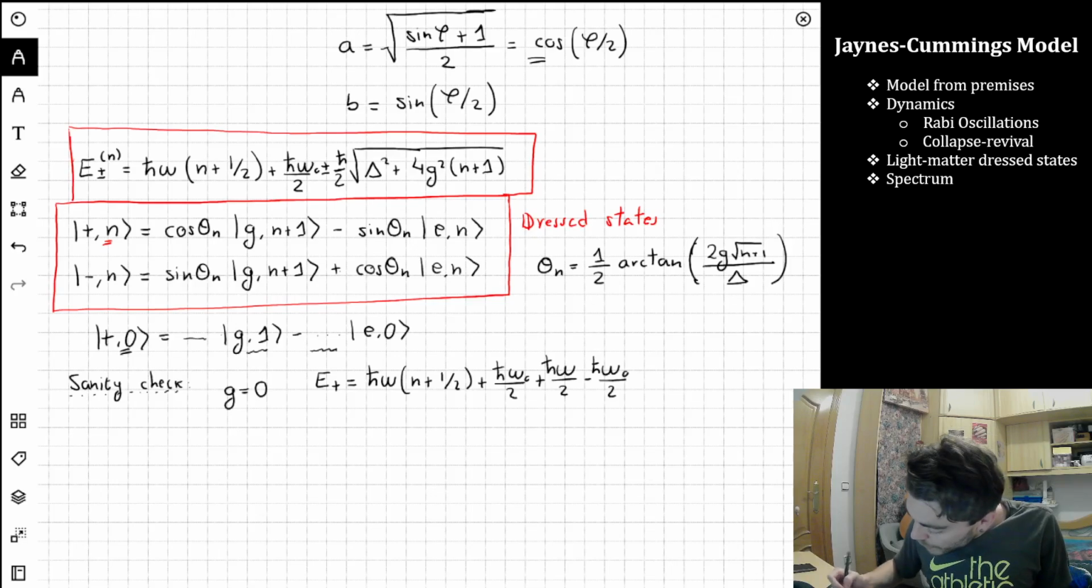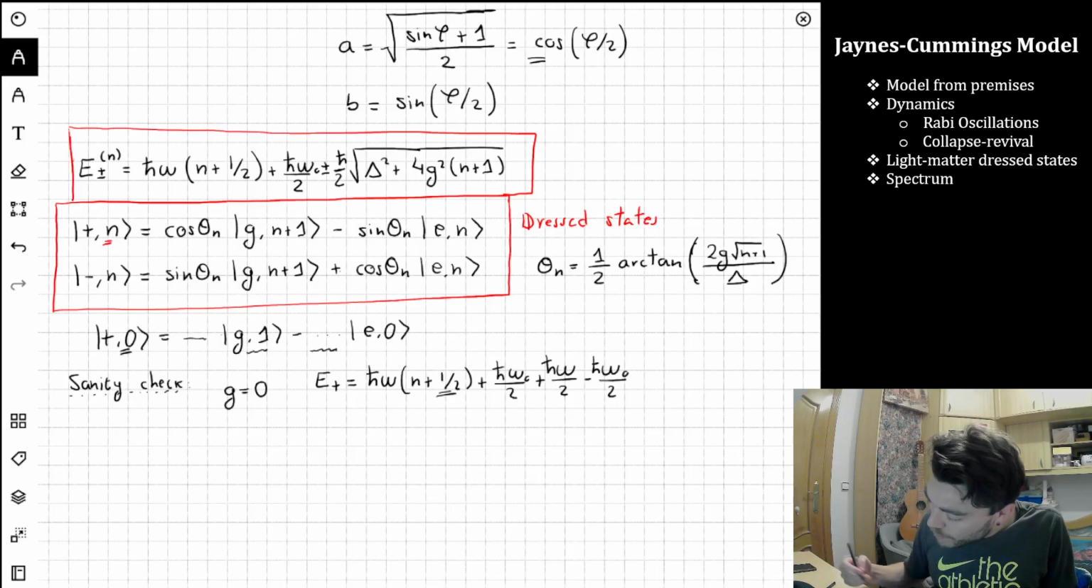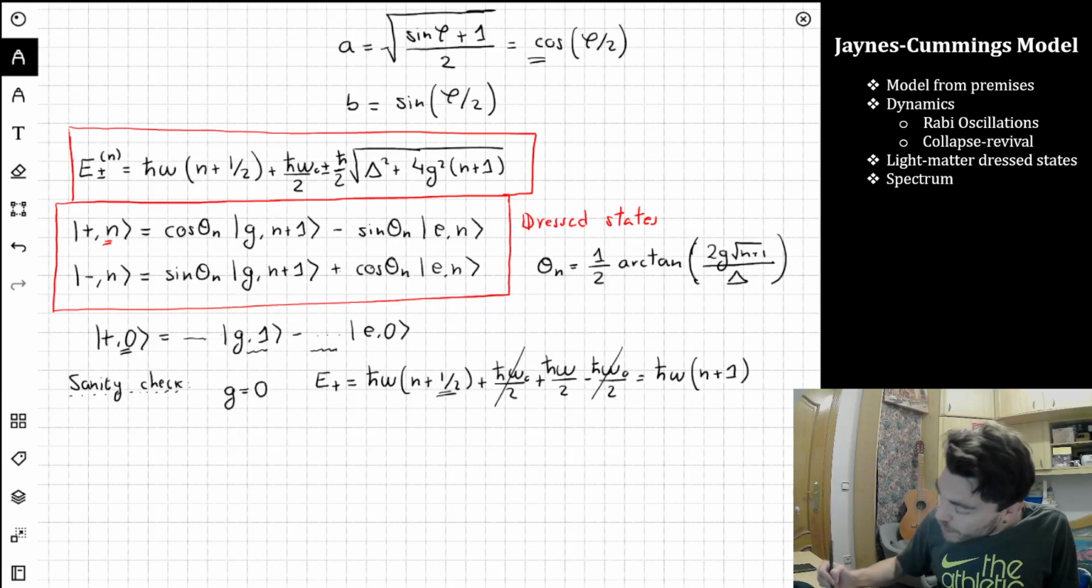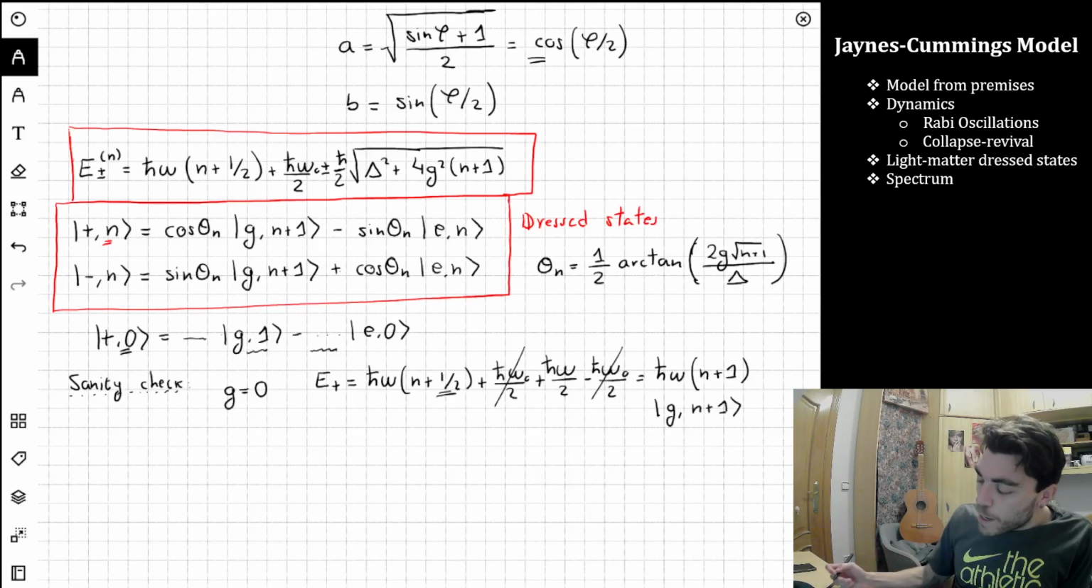Alright, so now what we have is the following: h bar omega divided by 2 plus h bar omega divided by 2 from here gives you an h bar omega. So this is h bar omega that multiplies n plus 1 extra h bar omega, and h bar omega 0 minus omega 0 goes away. And this is exactly the energy of the state g, n plus 1,